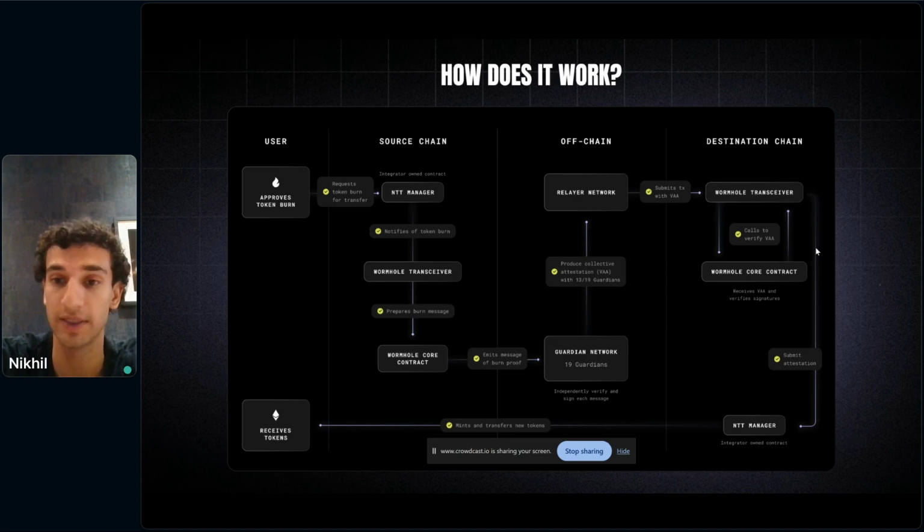Then the transceiver will call into the core contract. So the Wormhole transceiver specifically will verify the VAA against the Wormhole core contract. But on a high level, the transceiver will submit the attestation to the NTT manager on the destination chain. The NTT manager on the destination chain will tally up those attestations. So if you're in a 1 out of 1, then it's good to go. If you're in a 2 out of 2 threshold, or a 2 out of 3, or whatever other threshold you might have configured, the NTT manager will wait until it has that many attestations from those